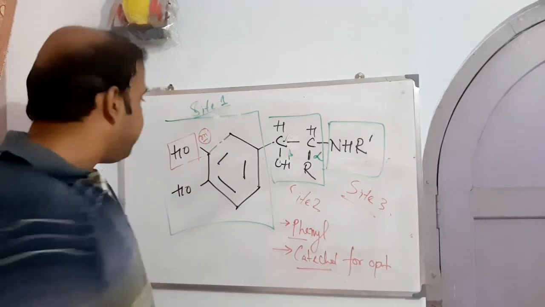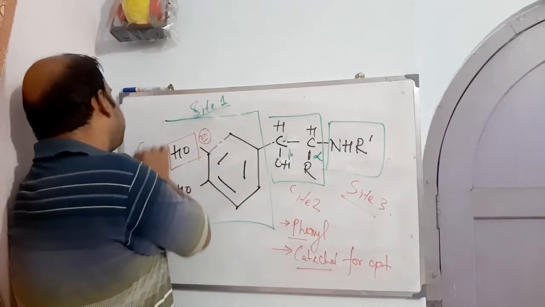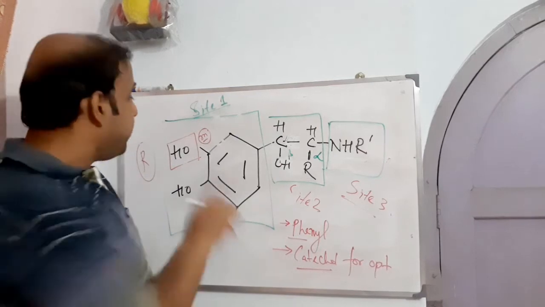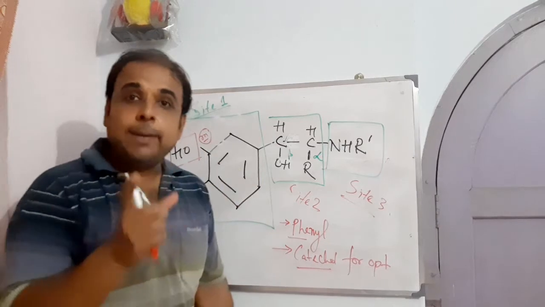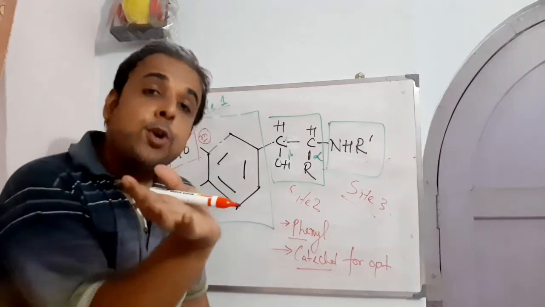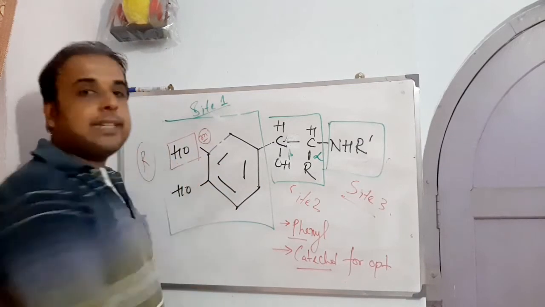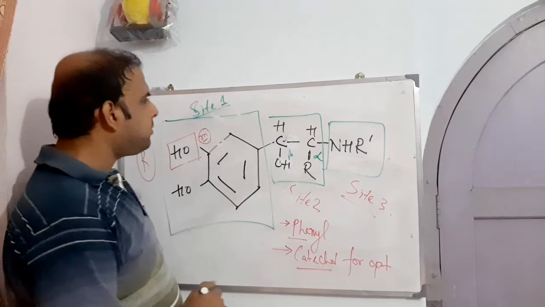What does it mean? That means the way hydroxyl is interacting with its corresponding receptor active site or corresponding amino acid. That means we need to replace the hydroxyl with another fragment, another substituent, which should mimic the interaction profile of this hydroxyl. What does it mean actually?